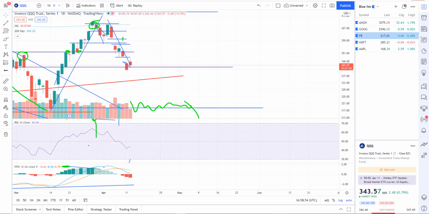Okay, welcome everyone. Let's get right into the stock market technical analysis charts. We're going to try to find trade ideas. And again, I always like to give my read on the market, where I think we're going in the short to mid term, and then we look for individual trade ideas. Everything's about trying to make some money here.